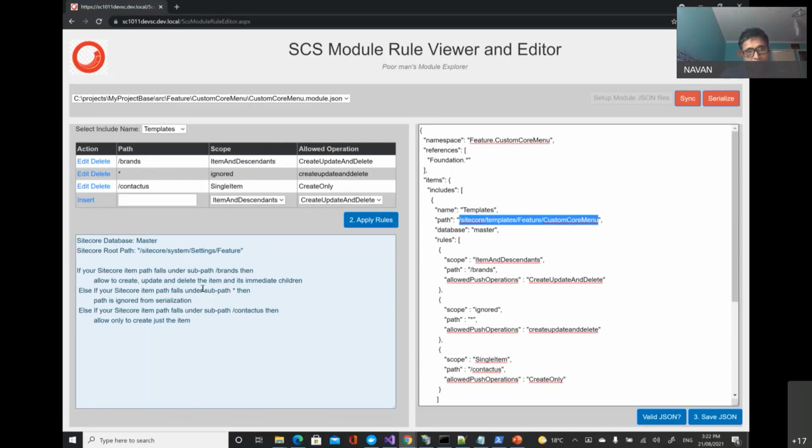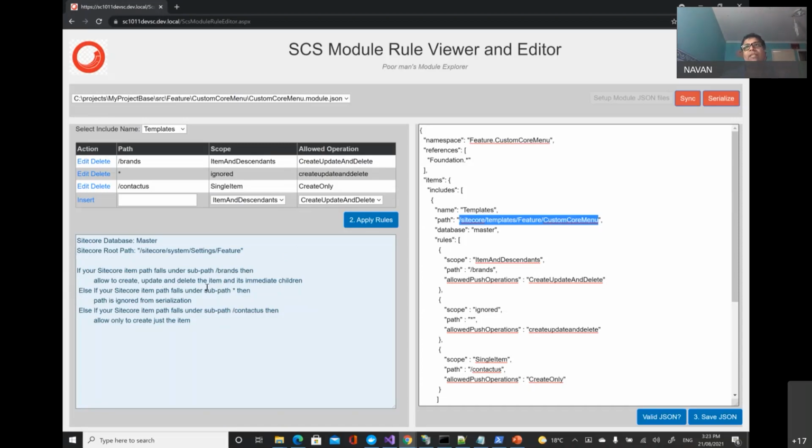If there's a brands path, you allow creation of item and descendants: create, update, and delete. But if your condition goes to the next one, with something like about us under custom core menu, it gets filtered because it falls in the first else condition.